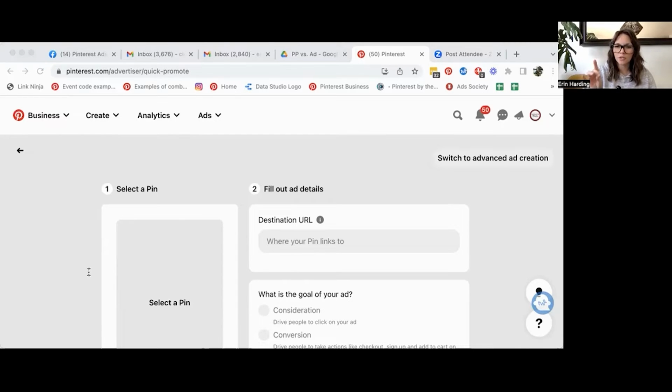You can choose conversion and optimize for checkouts, add to carts, signups, and leads, but that is all you can do. You can't do any type of catalog or awareness or anything like that. You can set a daily budget for a duration of days, just like you can in a campaign, or you can run continuously. Again, they typically will suggest something once you've added a pin, and it's usually a couple dollars